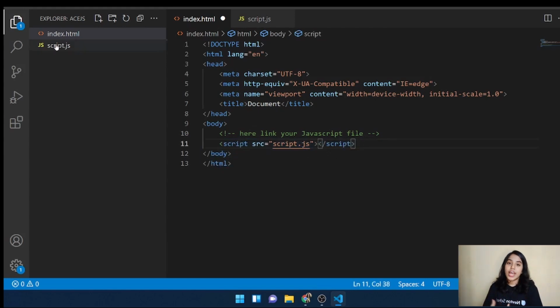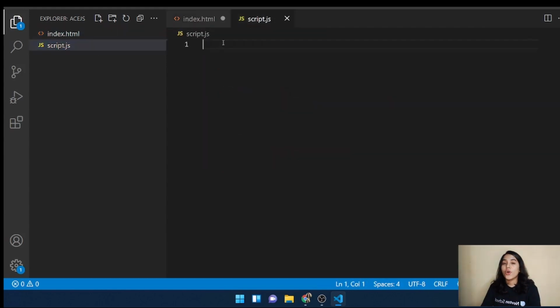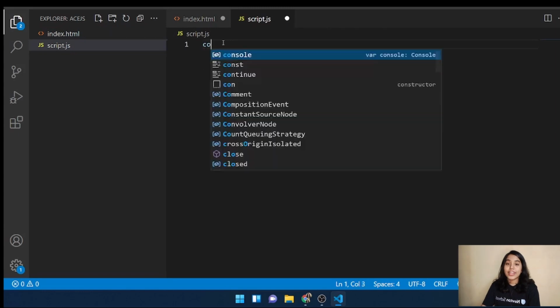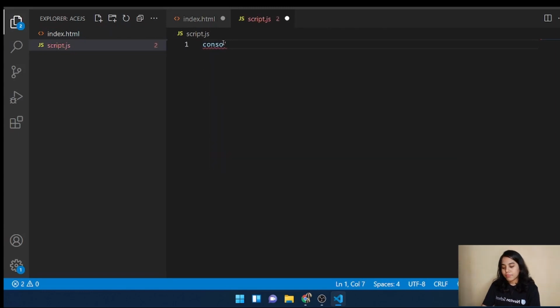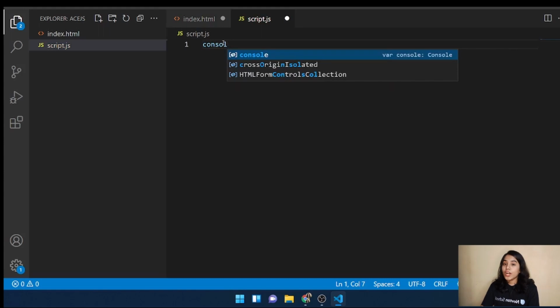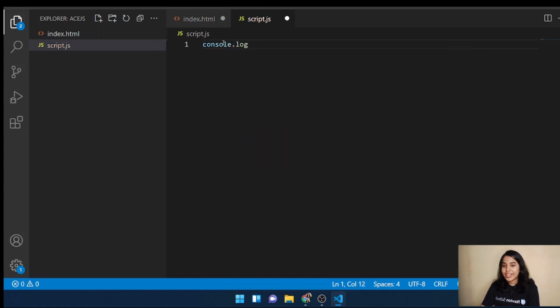So that is why you firstly write the .js extension. I'm not explaining the rest right now, let's first see how it looks. I will write console.log, and put double inverted commas, and write my name, Janvi. Now of course we cannot see any output, so we have to go live using Live Server.